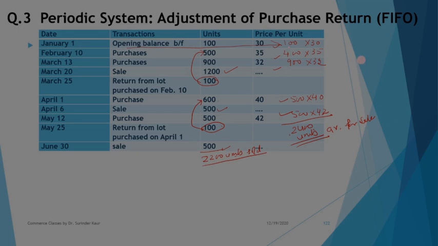Out of this, 100 was there in the beginning and the remaining 2300 were purchased during the year. Now you sold off 2200 units. So if 2200 units have been sold, it means we must have closing stock of 200 units. So in order to determine the closing stock's value, if we are following the FIFO approach, in that case what will happen?